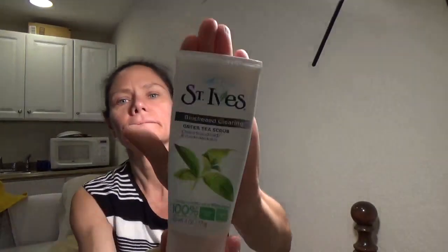I washed my face well with this St. Ives Blackhead Clearing Scrub. I'm not sure about this lighting because it's very cloudy outside. So we'll see. And I do this because even though I'm older and I have dehydrated skin and kind of dry on the surface, underneath I have kind of oily skin, so it produces a lot of